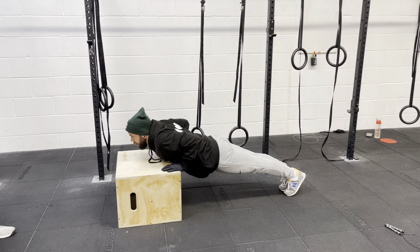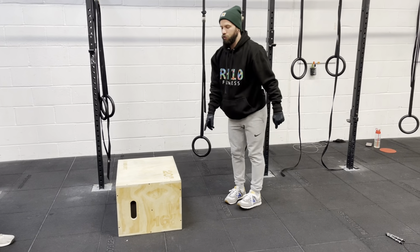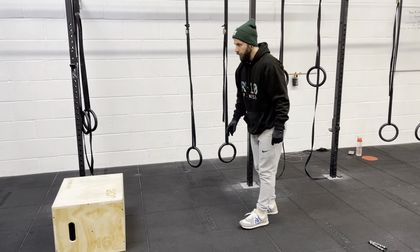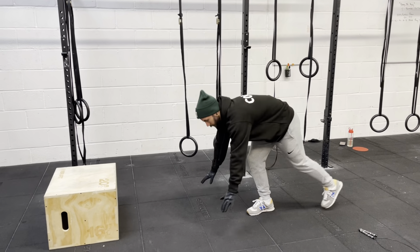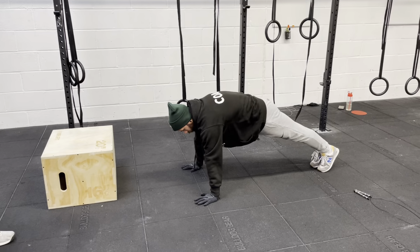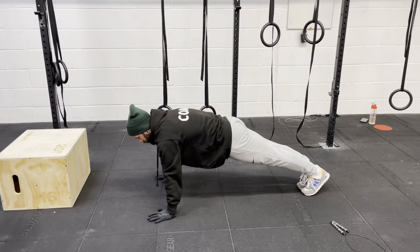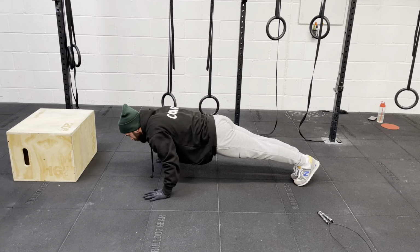Do the same thing again. A good way to track your progress. If you're particularly wanting to look at working it on the floor, same as with the pull-ups, negatives are a really good option. So we can get into the top of our push-up. Nice, solid position, shoulders over your hands, and we can slowly go down, keeping those elbows in,